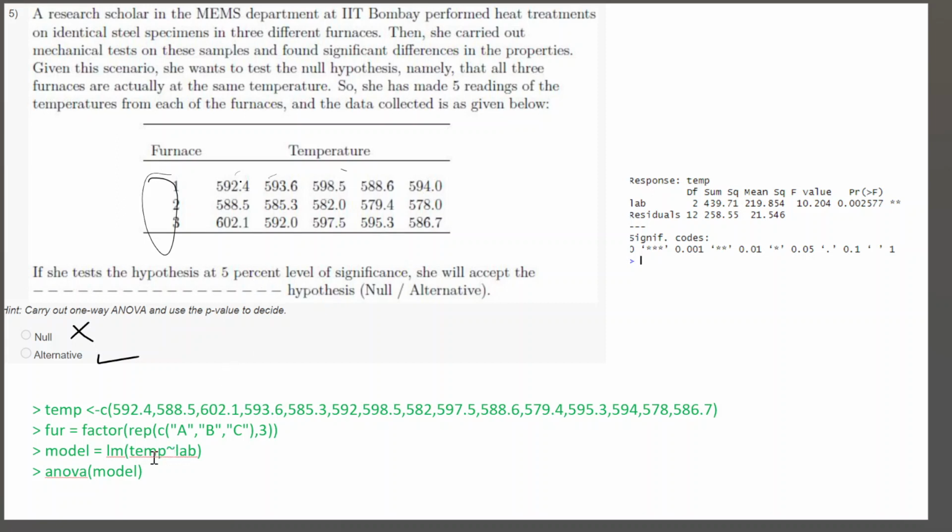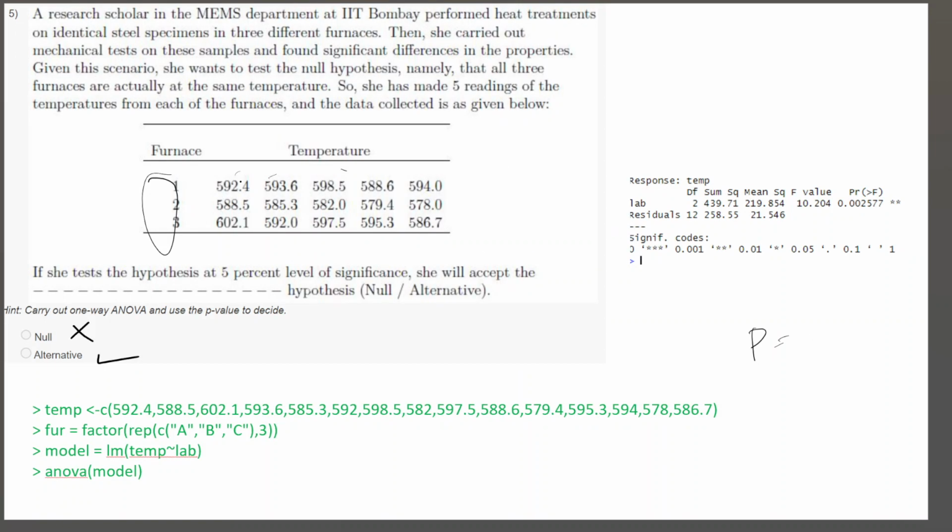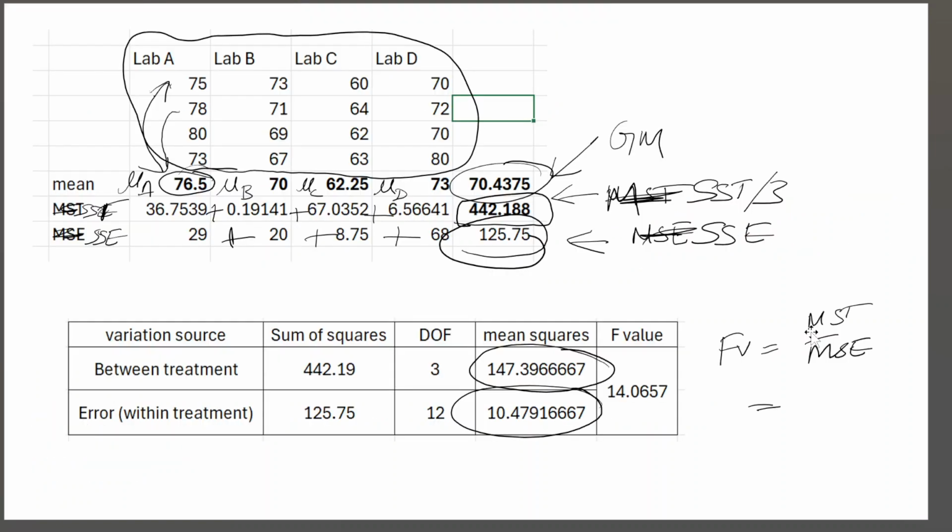So the model is a linear regression model of temperature with respect to the furnace. Then we give ANOVA of the model, and it gives the output of the p-value. They have given the significance level. The significance level is 5%, which is 0.05. So the p-value is equal to